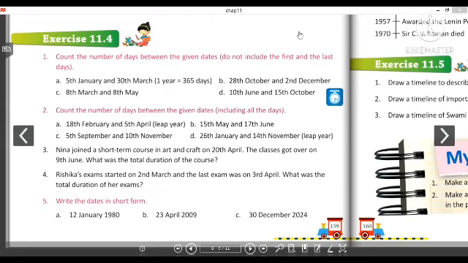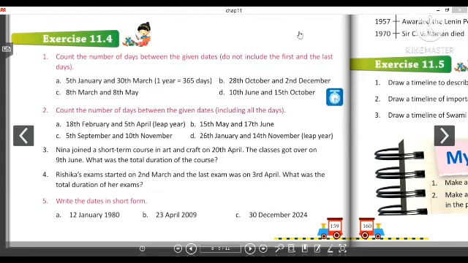नेक्स्ट नंबर 4, ऋषिका's एग्जाम स्टार्टेड ऑन 2 मार्च एंड द लास्ट एग्जाम वाज ऑन 3 अप्रैल. तो हमें एग्जाम तो लेने पड़ेंगे. व्हाट वाज द टोटल ड्यूरेशन ऑफ हर एग्जाम. जिस दिन एग्जाम है वो भी हमें काउंट करना पड़ेगा, राइट. तो यहाँ भी हम वही करेंगे. मार्च में 31 डेज होते हैं, तो 31 माइनस 1 यानी 30 डेज, और इधर 3 डेज, और बीच में आ रहा है अप्रैल विच इज 30 डेज. So you have to add them up to get your answers. This is also very easy.